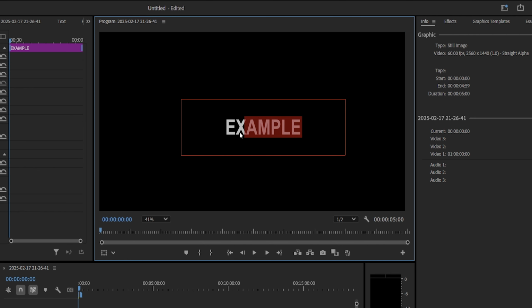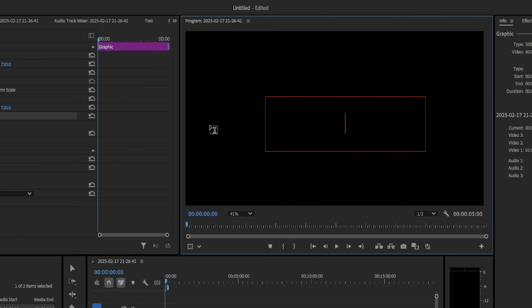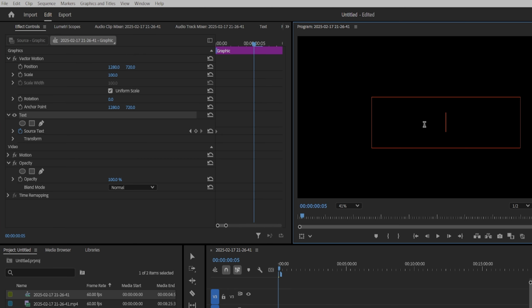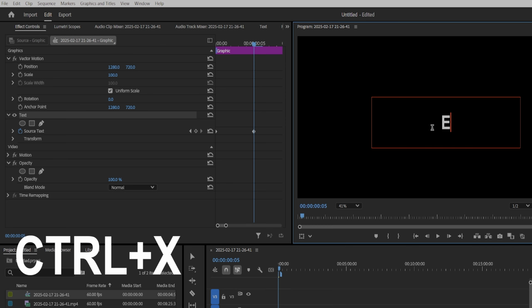And then, hold on, stay with me. Highlight all of it and press Ctrl X. In the Effect Control panel, select the stopwatch on source text. In the Effect Control panel timeline, move forward 4 or so frames, paste the text back into the text box, highlight all of the text except the first letter, press Ctrl X to remove all but the first letter, then